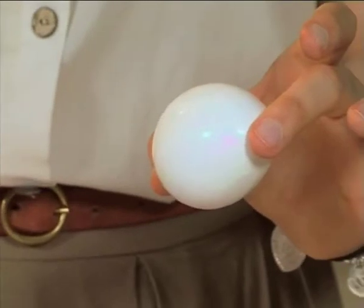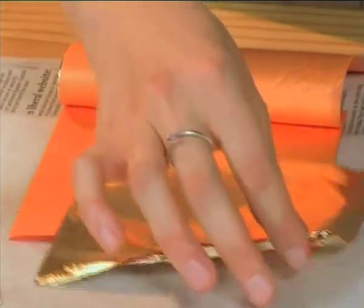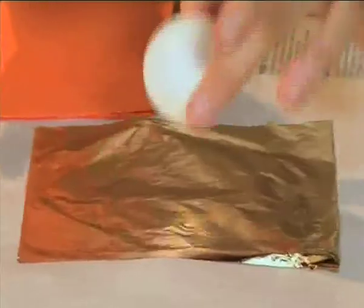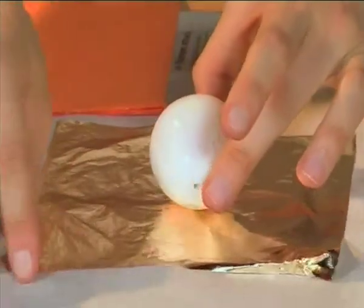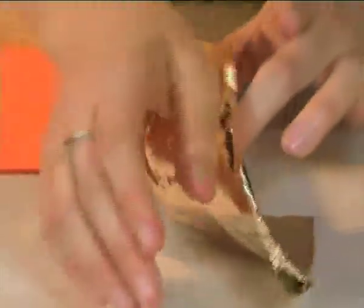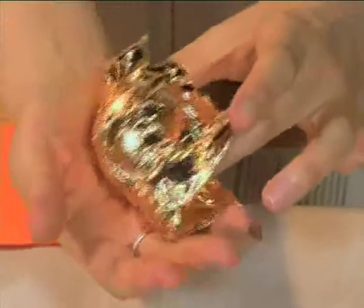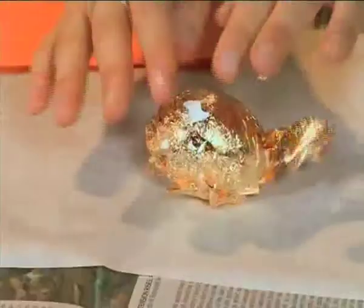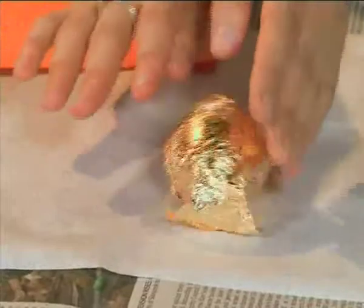Once I have finished with that, I'm now going to take my gold leaf. So I'm going to take it out and carefully put it onto the wax paper. Now I'm going to put my egg down in the center and I'm going to use the bottom part of my hand to carefully fold the gold leaf over my egg very, very gently so I cover the whole area. Being very careful because, as I said, the gold leaf is very, very sticky and gets on everything. Now I'm going to put it aside and we're going to leave it for about